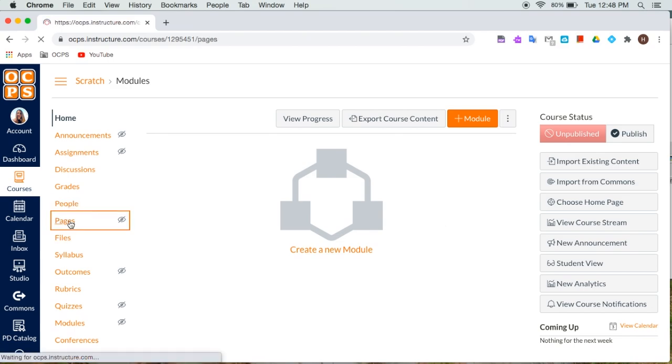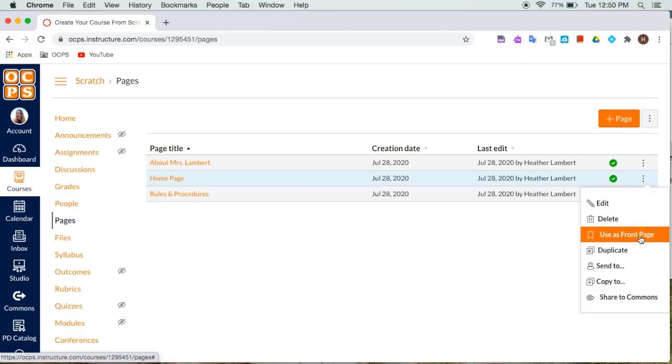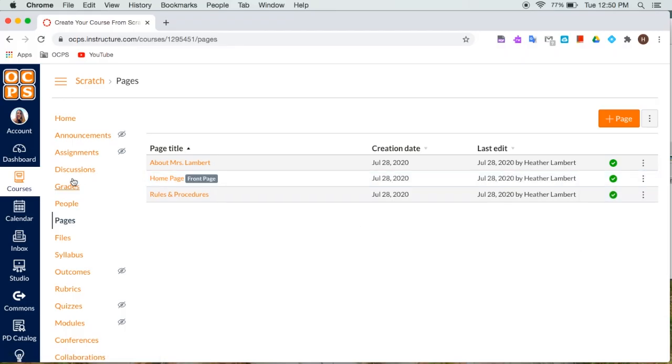To do that, we're going to go to Pages, and in order to select a home page, your pages need to be published. So if you just click these little dots here, that's going to publish all of my pages, and that means that students can see them. Things that are not published, you can see them and your students can't. And we're going to go here and we're going to select Use as Front Page, and we're going to click